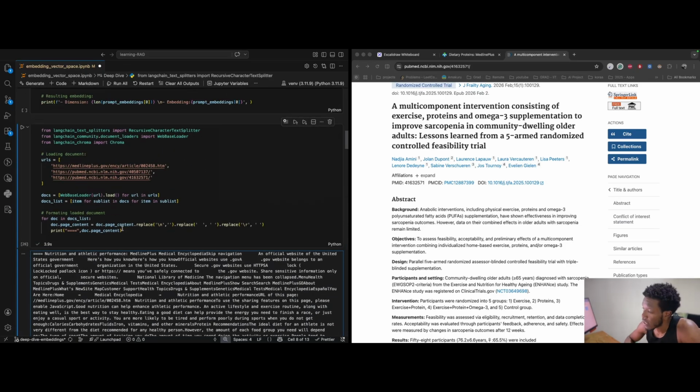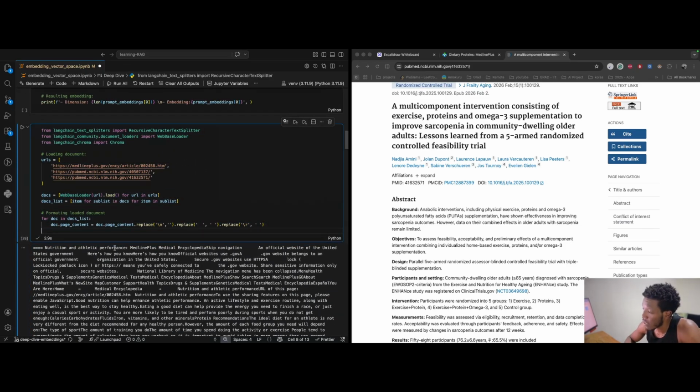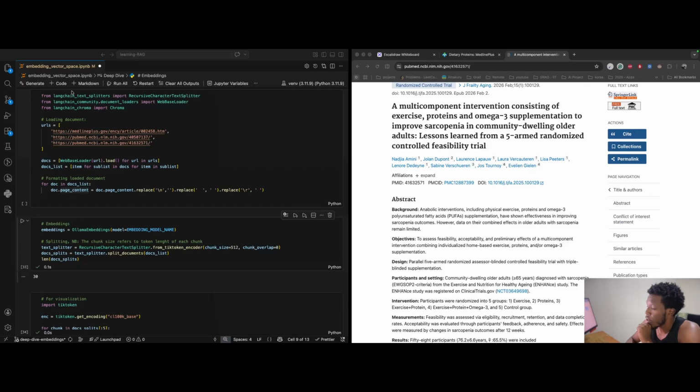So this is what we have so far, and this is us doing the document splitting and formatting. Okay, so this part is where we do the splitting, and then we look at